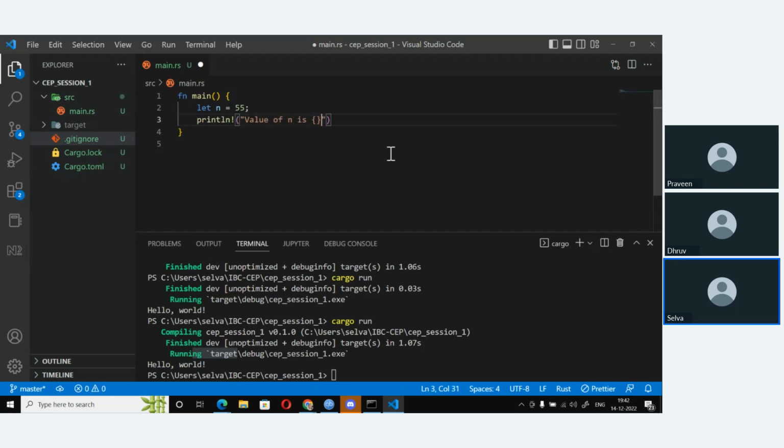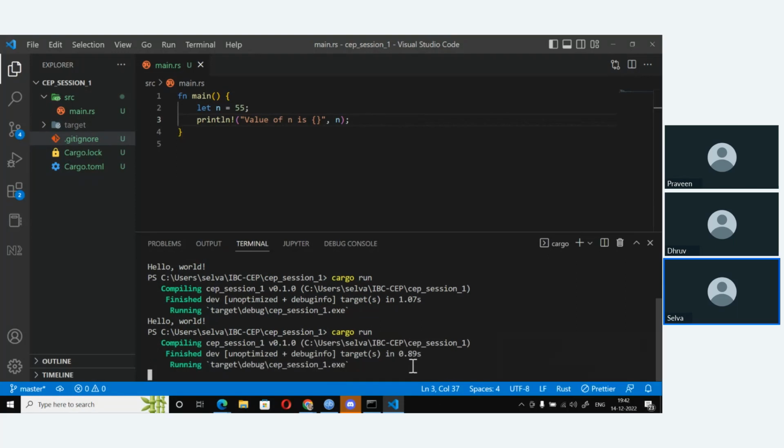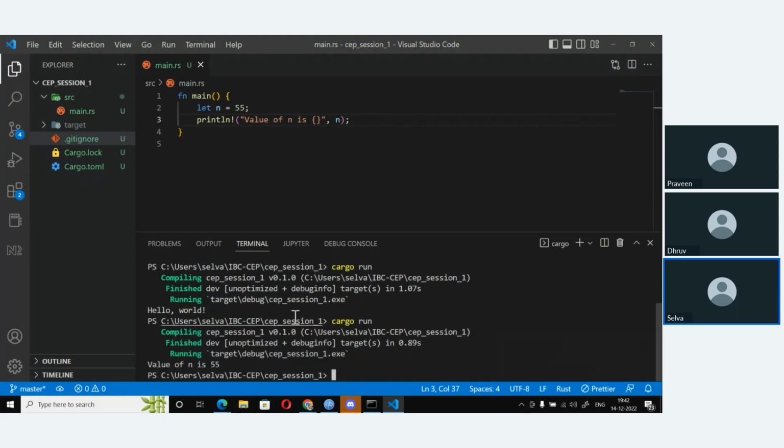You give a placeholder, and you say n. Save this and do a cargo run. It will automatically compile. There are no errors. So see, the value of n is 55.